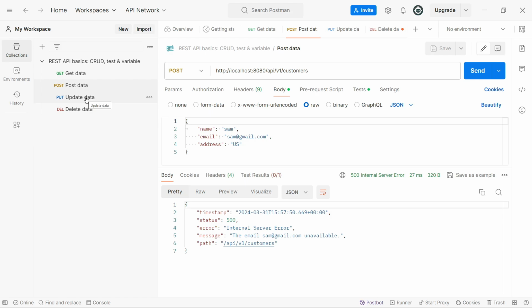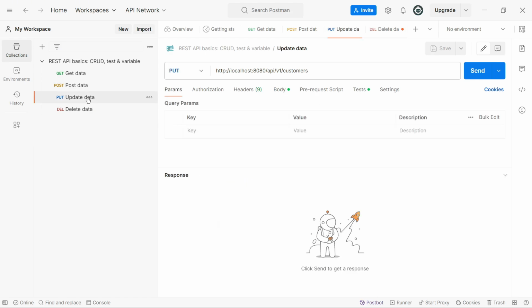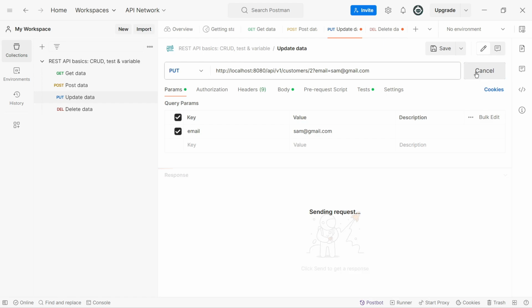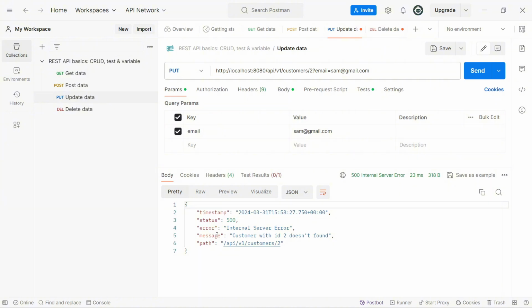If we go to the PUT request and the customer ID is 2 and the email is sam@gmail.com, click on send. You can see here the validation that checks customer existence is working: customer with ID 2 is not found.